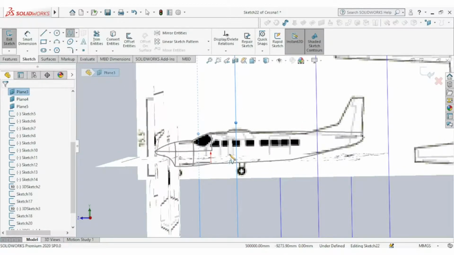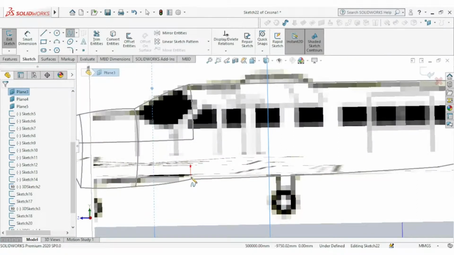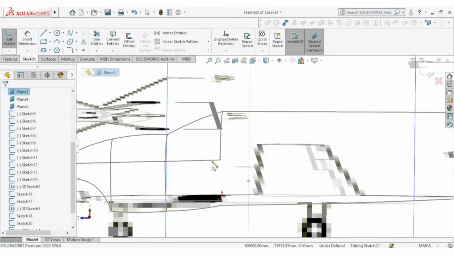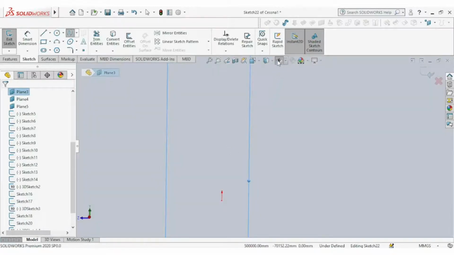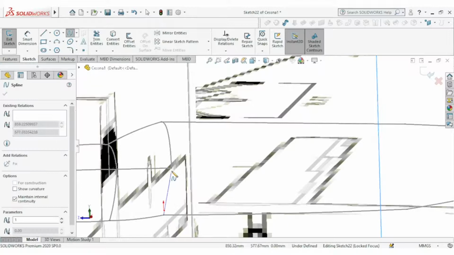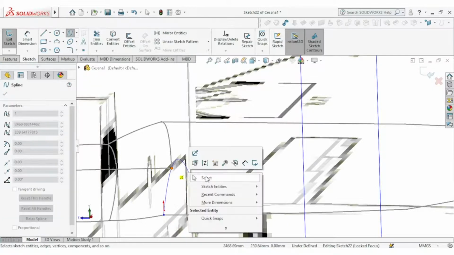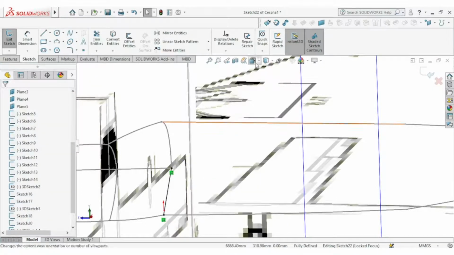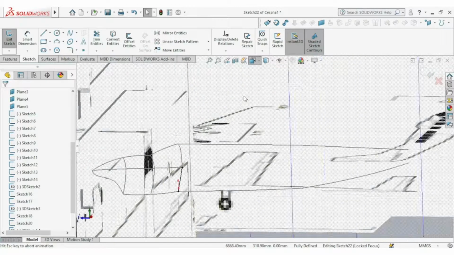From this progress, I think you get the gist of what I'm trying to do here. Connecting the points and then using the 3D sketch. I think you get the general idea.